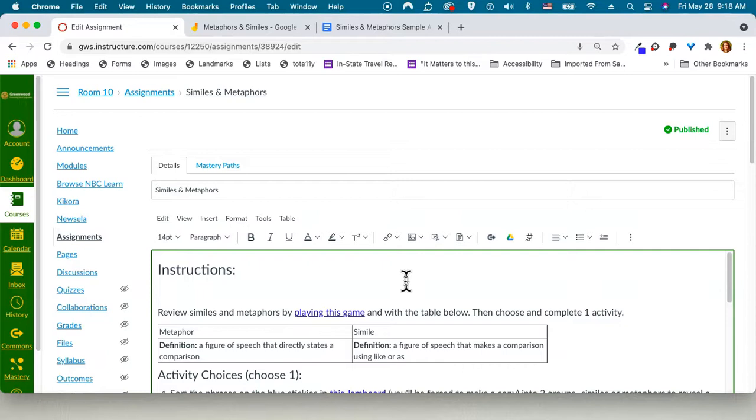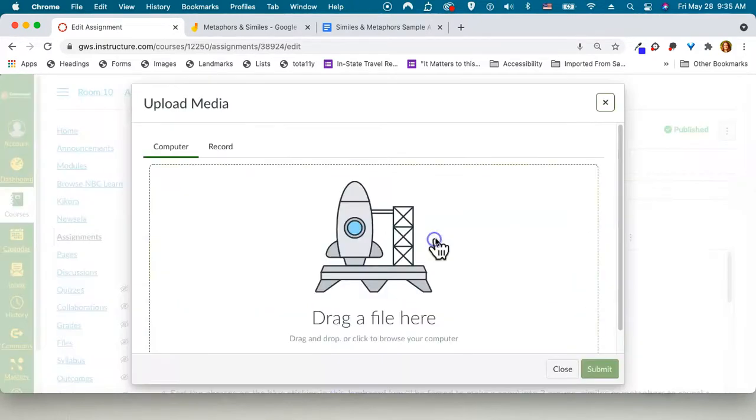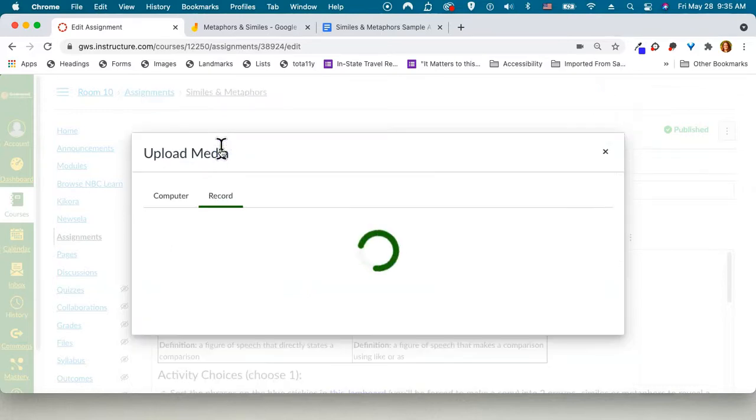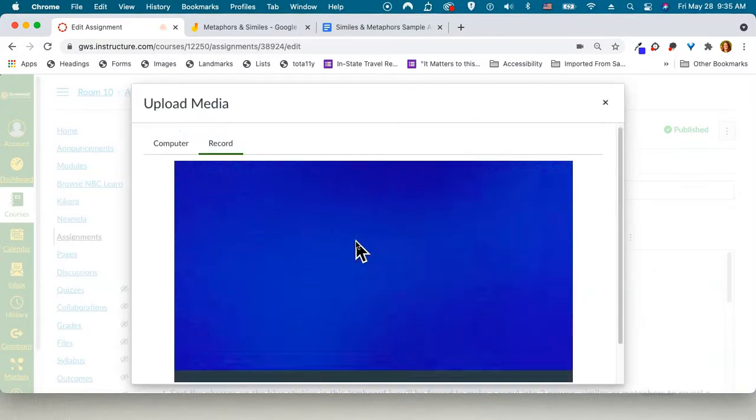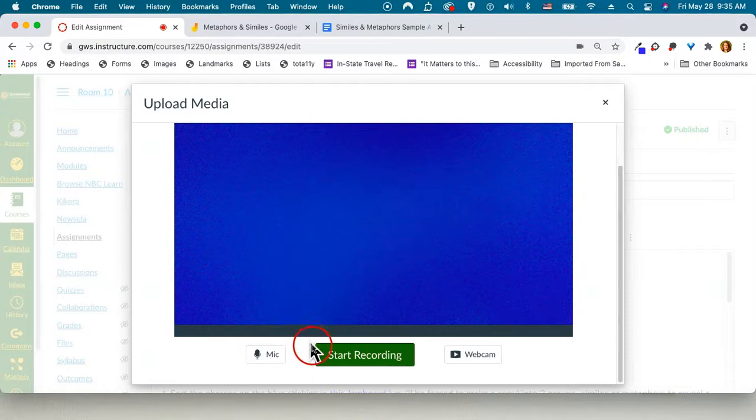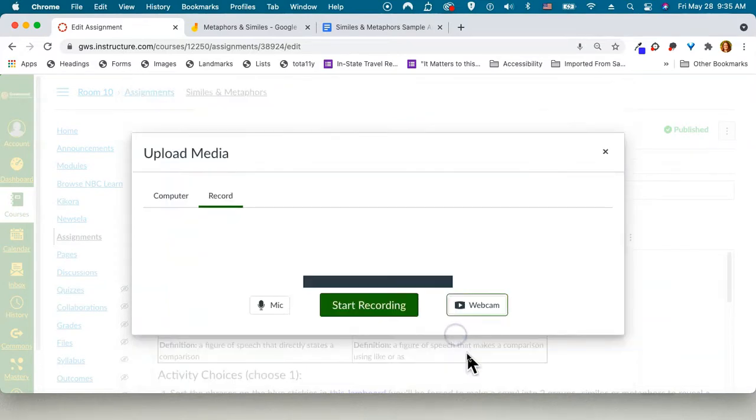I now have the cursor placed properly and can click on Record and Upload Media from the center of the toolbar. This brings up a pop-up that would allow me to add computer audio if I already had a file ready to go, or from the upper left I can select Record and record new media. Because this is just going to be audio instructions, I am going to turn off my webcam from the bottom of this pop-up by clicking on webcam and say no video.